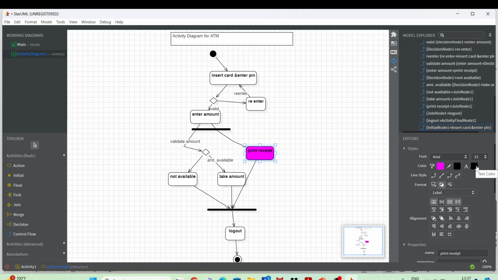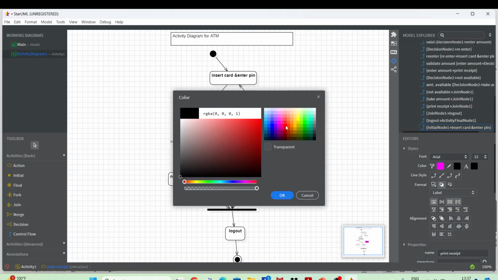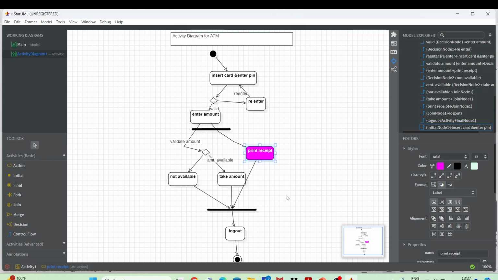So these are all the formatting part of this activity diagram, or whatever diagram you make in Star UML. Just to beautify it, these tools are given, and you can make use of these tools anytime. If you are willing, you can make use of these tools. Just for the appearance and alignment, you can properly align. For this also, these tools are given over here.